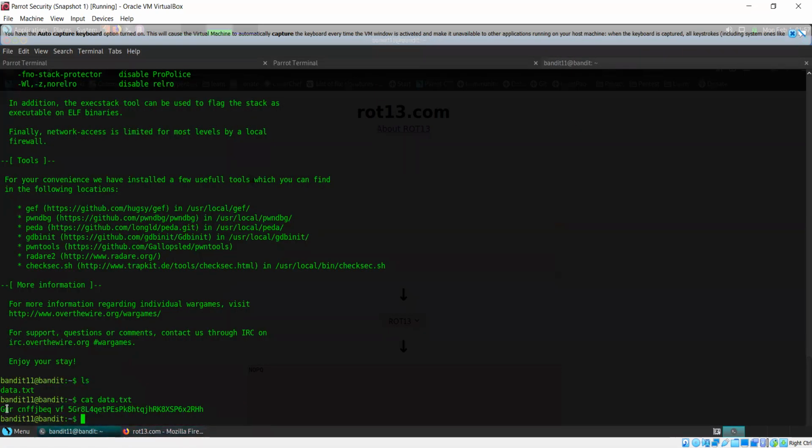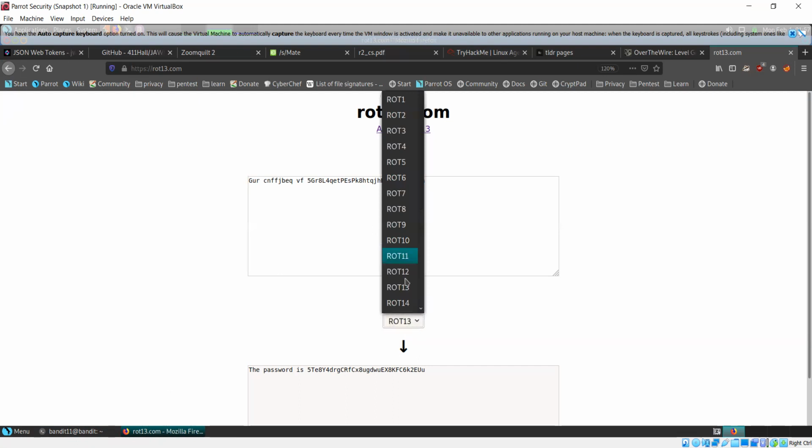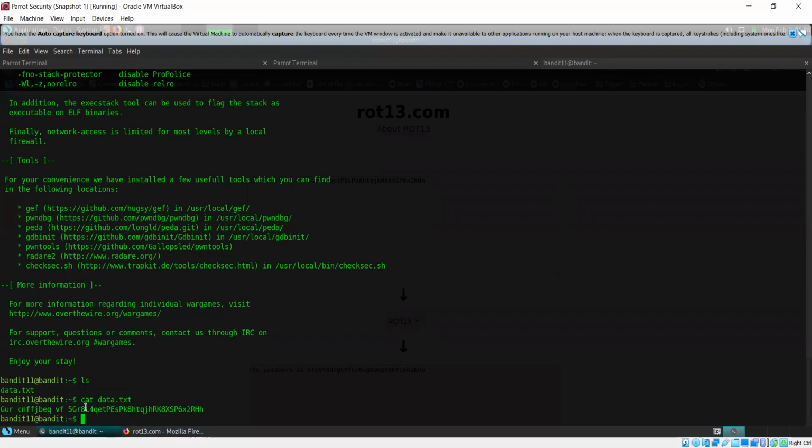you can simply copy this. Now basically what is happening is when you type something in here, whatever algorithm you selected is applied, and the answer is what you see here. In our case, the text that we had already had rot13 applied to it.